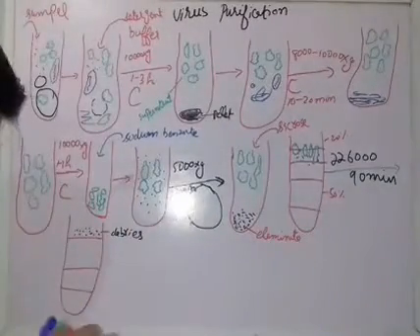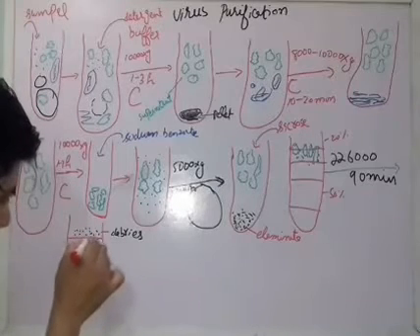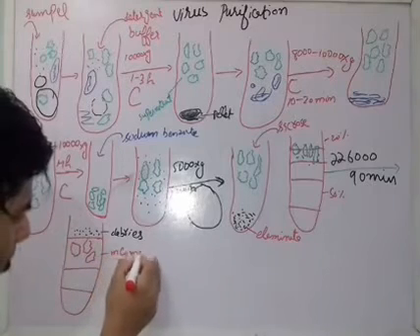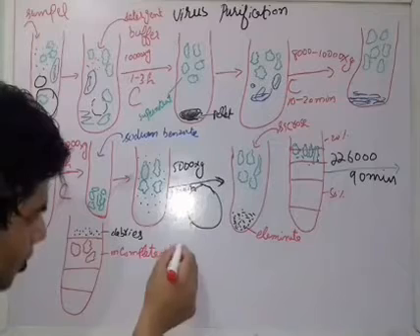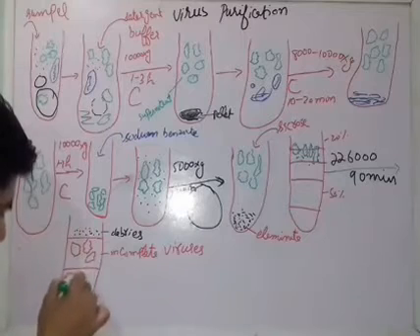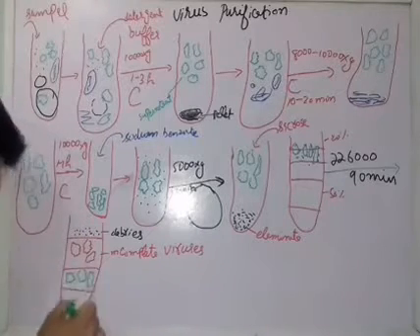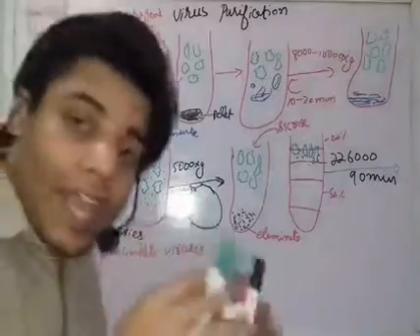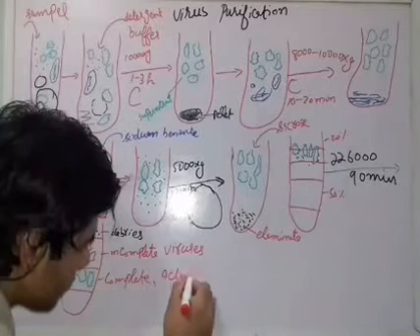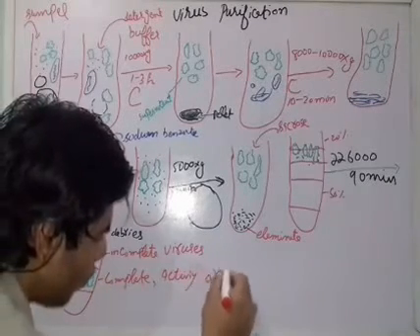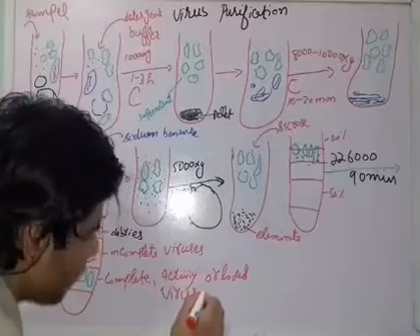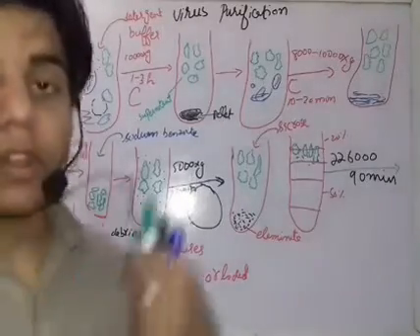At the middle we get, let's suppose these red ones represent the incomplete viruses. Fine. And at the end we get the complete viruses. These green ones represent the complete viruses, or loaded viruses, or active viruses. Fine. So now let me write complete loaded viruses. So we get these kinds of viruses, and after that what we do,